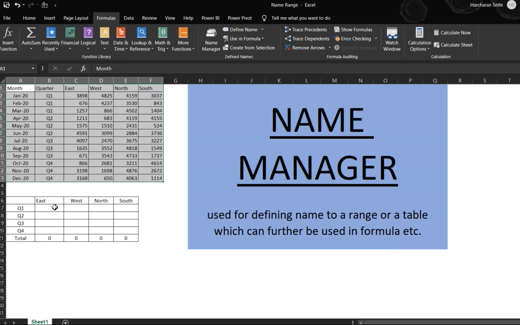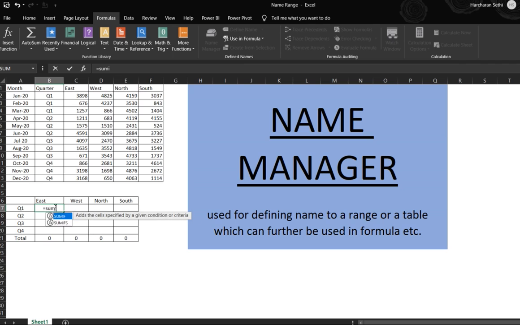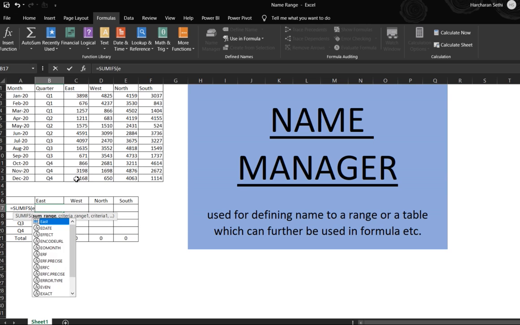So how to use it in a formula, we'll do it here. So we'll apply sum ifs. For the sum range we need to select this East here. So instead of going here and selecting this, we can just mention East. You see this appears here. So it is a range,